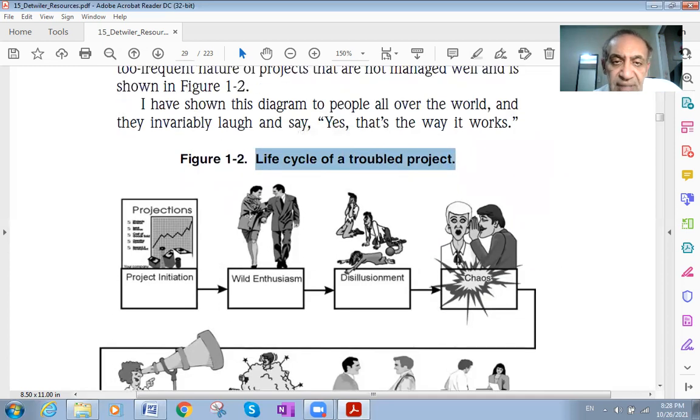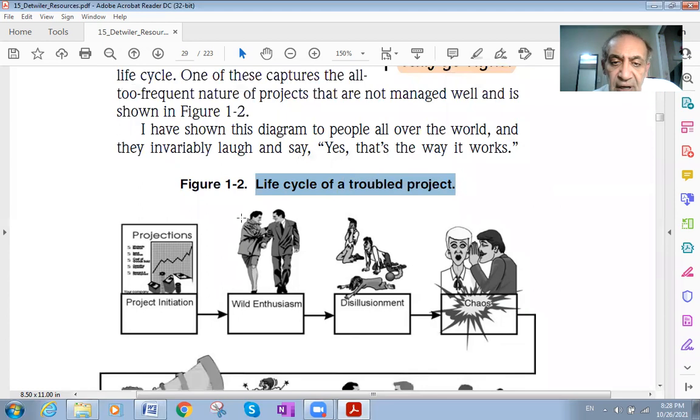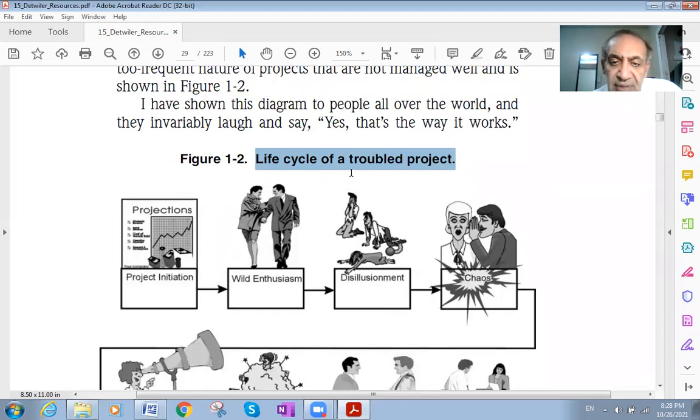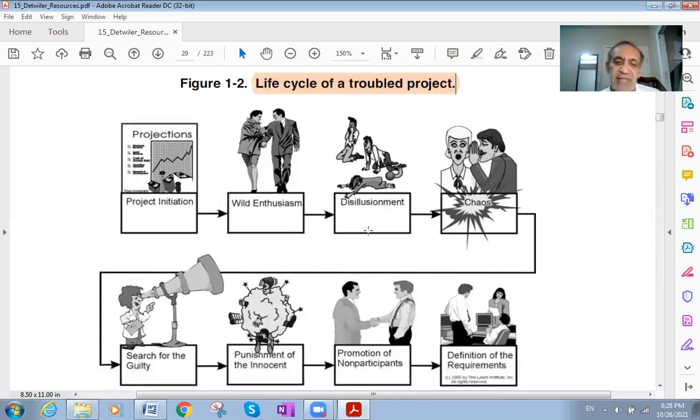So those, as an example, are the life cycle of a troubled project. I like the words, and like this document, this reference. The reference name is there on the portal for your use. So we start the project